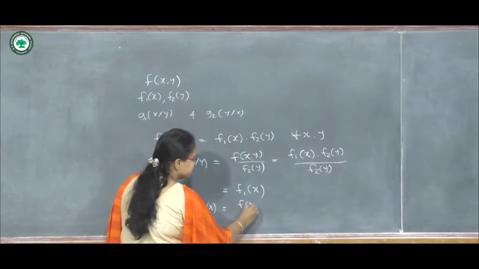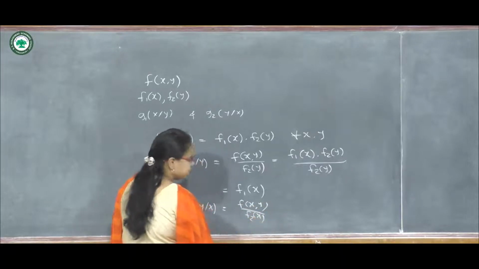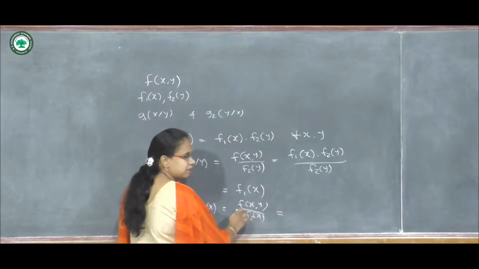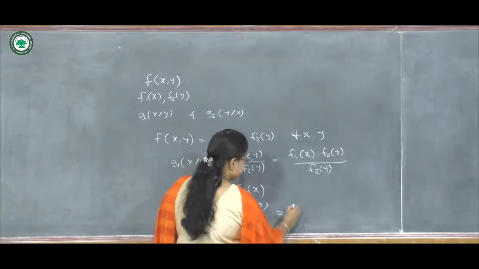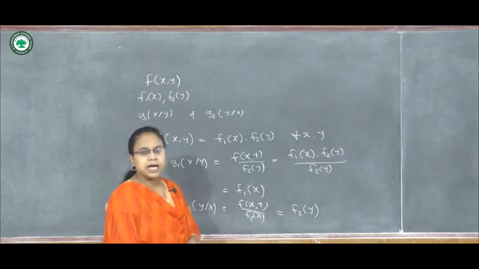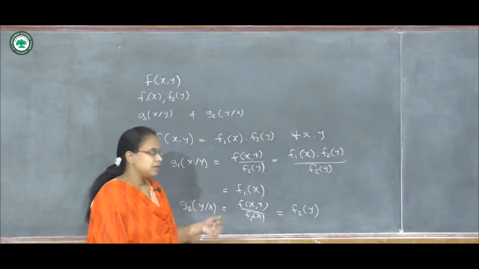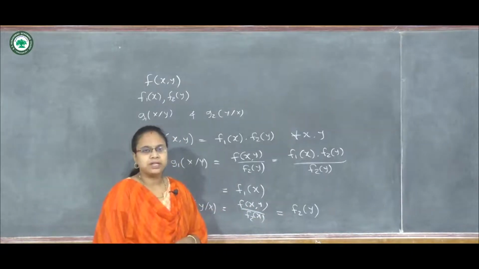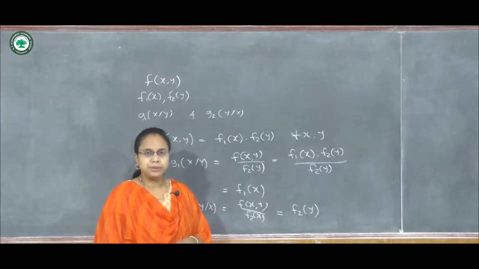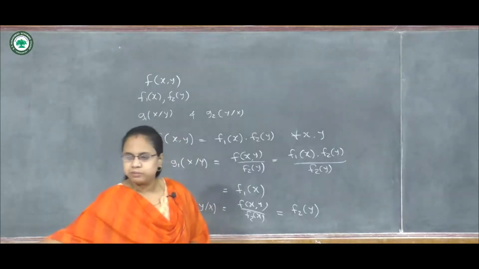Similarly, we can write it for the conditional distribution of Y given X. This is the definition, and similarly if we put the independence condition in the numerator, then we will get f2(y). So the marginal distribution of Y is the same as the conditional distribution of Y given X in case X and Y are independent random variables. Let's see one example.